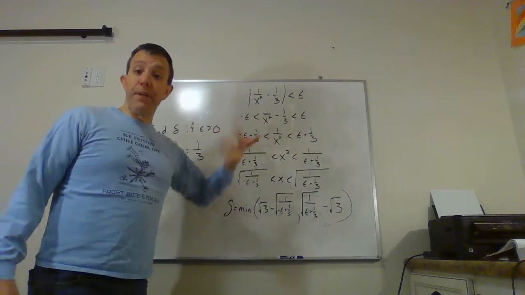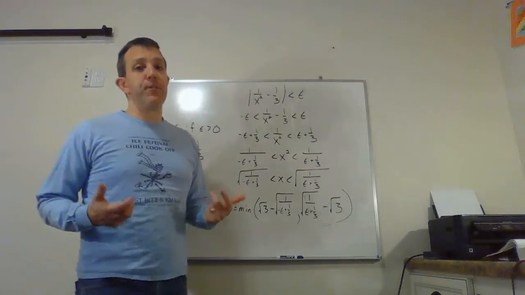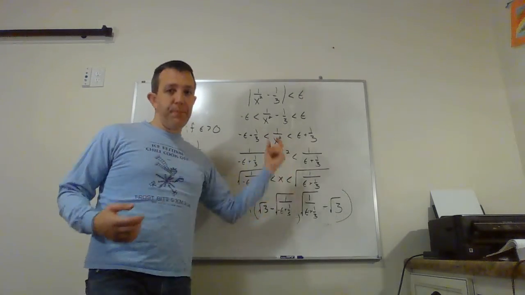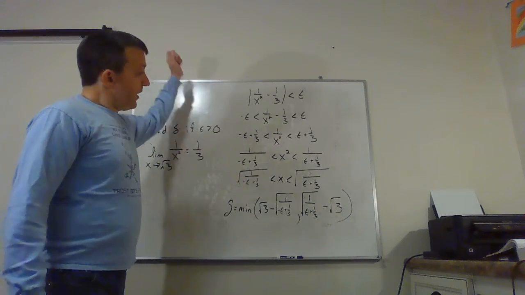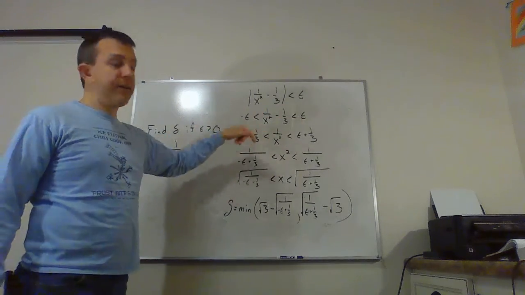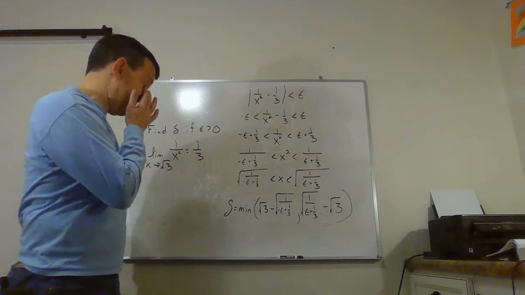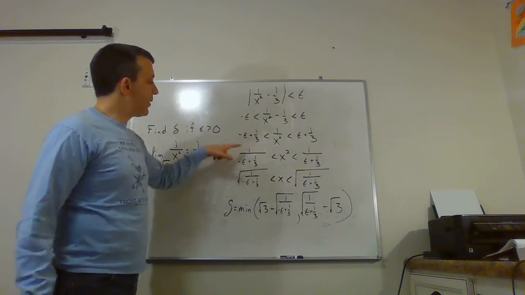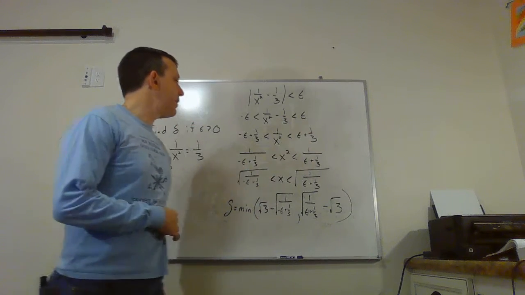And now I'm ready to flip it, just like on that last example. Make sure you don't flip too soon. You have to just have that one thing in the middle with x in it. So we flip. Now the reciprocals for these messes on either end are just 1 over the mess. You get 1 over negative epsilon plus 1/3 is less than x squared is less than 1 over, oops, sorry,